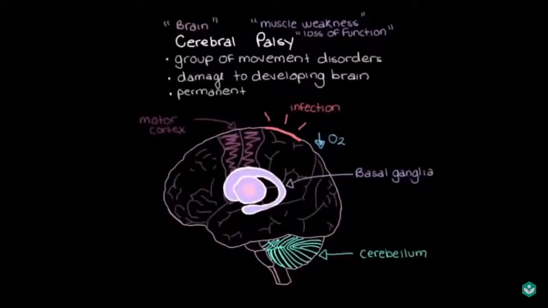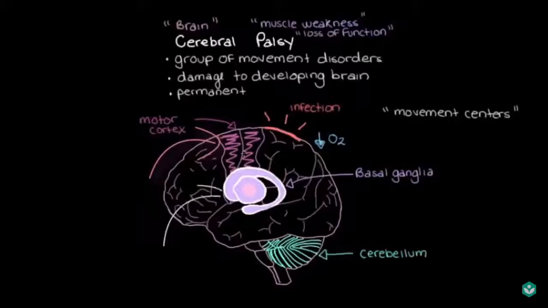And what they're involved in are things like helping us make movements. So they help us coordinate and move our arms and our legs and our torsos, but they also help us do things like maintain our balance and control our posture, our muscle tone, and our reflexes. So it kind of follows that when these movement centers themselves, or the tracts of neurons that they use to communicate with each other and with our muscles, when any of these components are damaged during development, the person will develop problems with their movements, and that's what we call cerebral palsy.